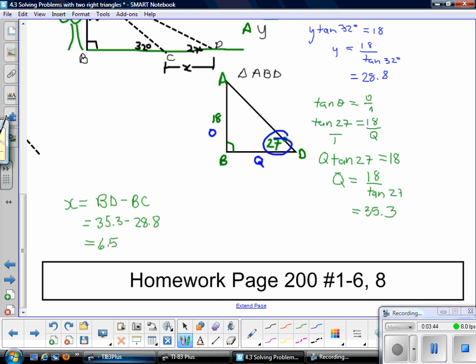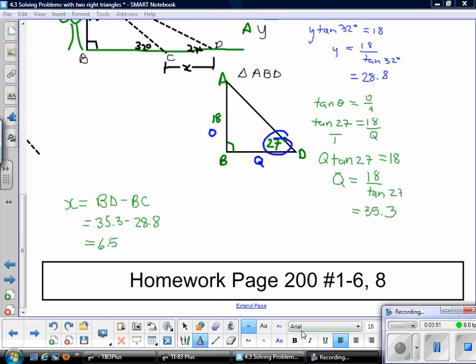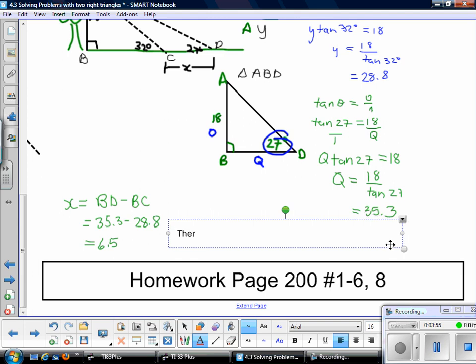Now I'm just going to type the therefore statement just because it is faster and it's a little bit easier for you probably to read it. So therefore, the shadow lengthens